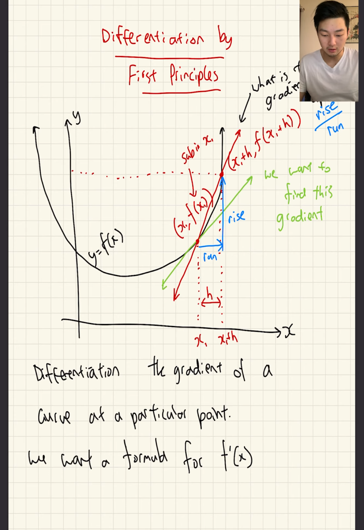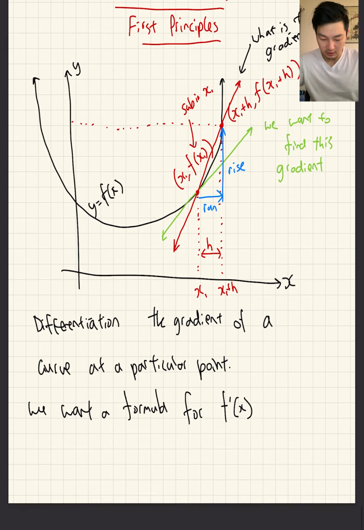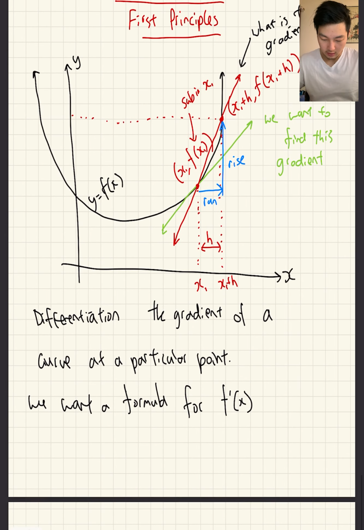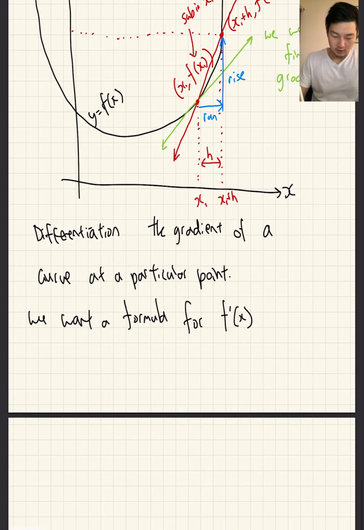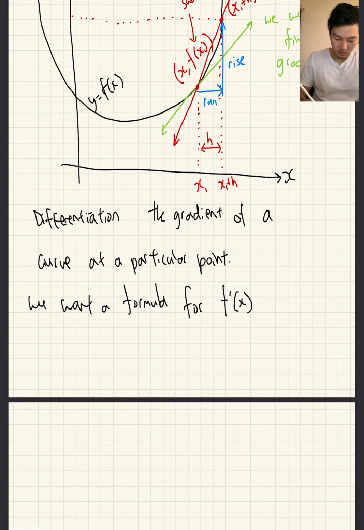This is something that you've done in year 8. But the only difference here is that for the values that we have, instead of having numbers like 2, 3, 4, 5, we will have these funny looking values, but the formula remains the same. We just have to use these formulas. So let's throw everything in. The approximate gradient is